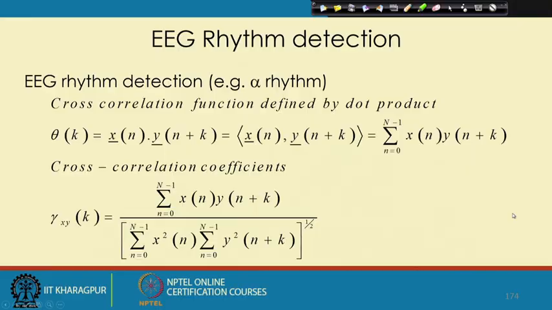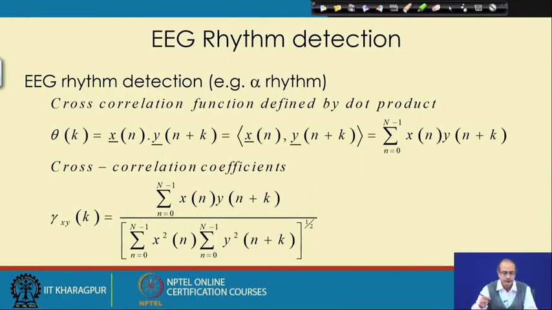Now let us see how we first detect some of the predominant rhythms. For example, let us take the task of detecting one rhythm, say the alpha rhythm. Actually, we can take any one of them: alpha, beta, theta, delta. In the same way we can detect them by this technique, and for that we will take the help of the